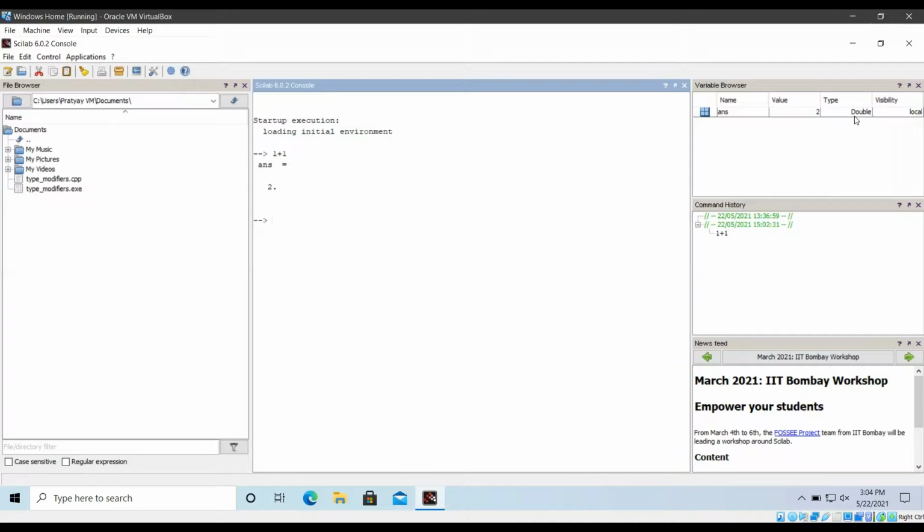In the world of physics we need precision, so we need double to be followed. Double data type is our main standard for doing mathematical or physical science operations. The whole concept of Scilab is to compute complex physics equations or mathematical equations.